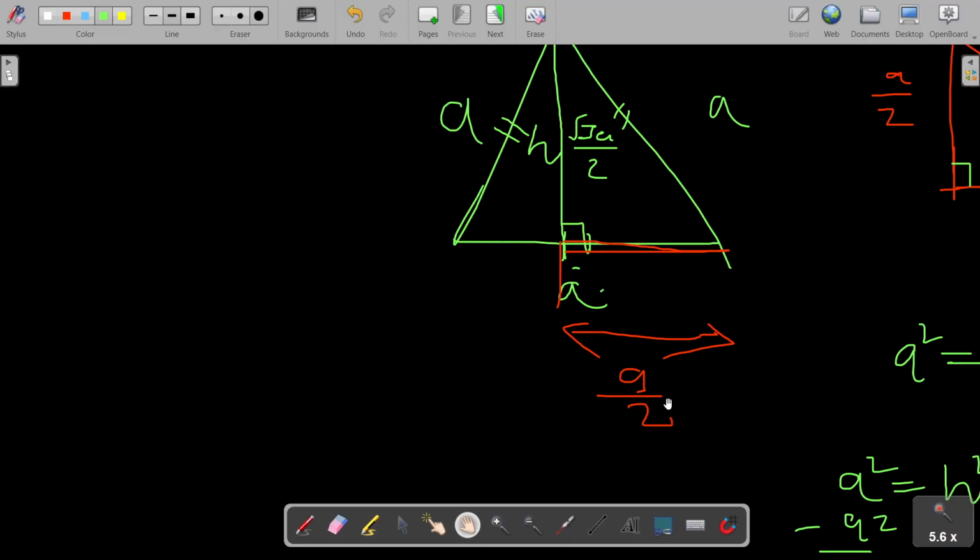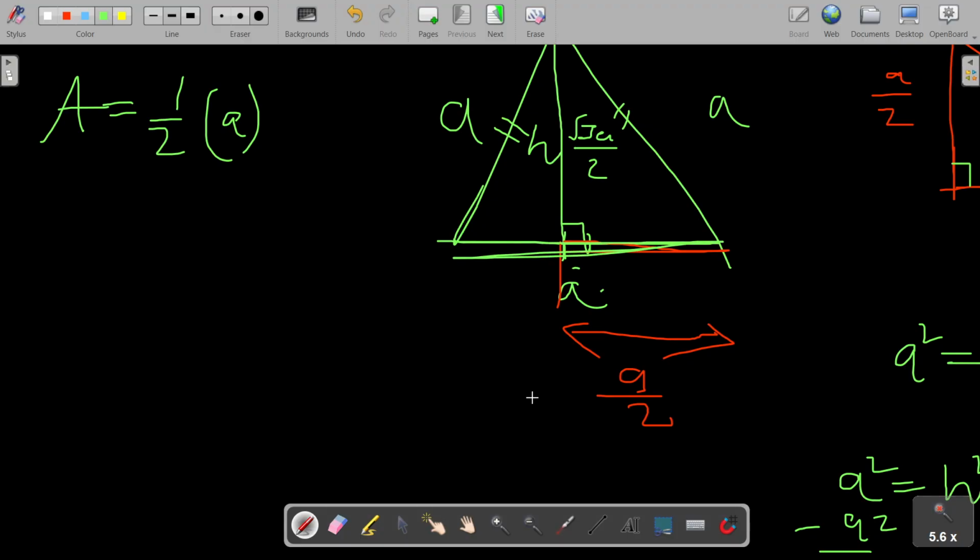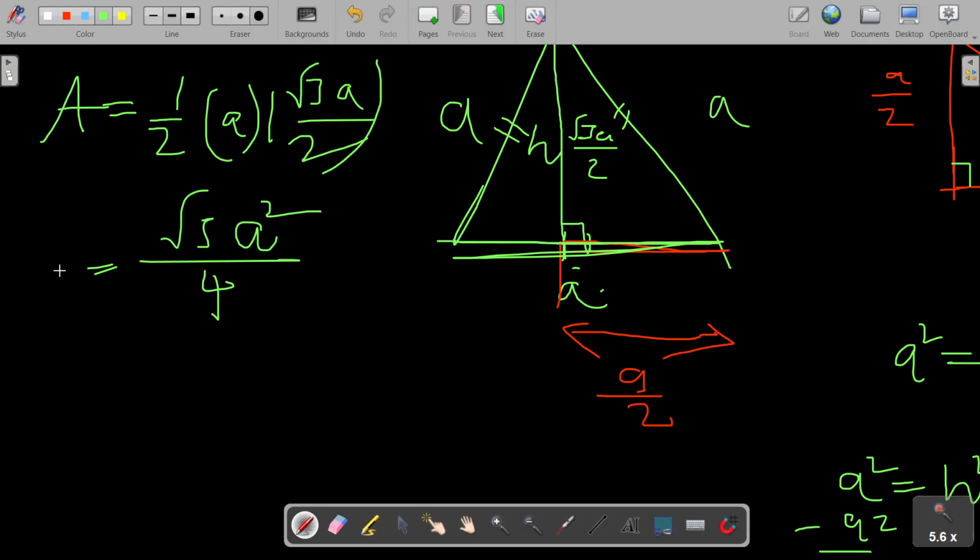So what are we left with? We have to calculate now the area of the triangle. The area of this right angle triangle is half times base a. Okay, so we have to take full base. This is not a right angle triangle. Now we are dealing with the full triangle. So full base a, and the height is root 3 a over 2. Nothing gets cancelled, and we got root 3 a squared over 4. So this is the area for an